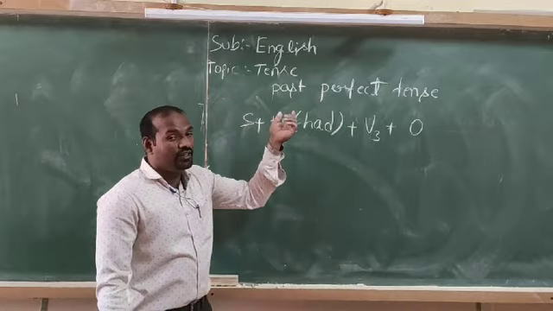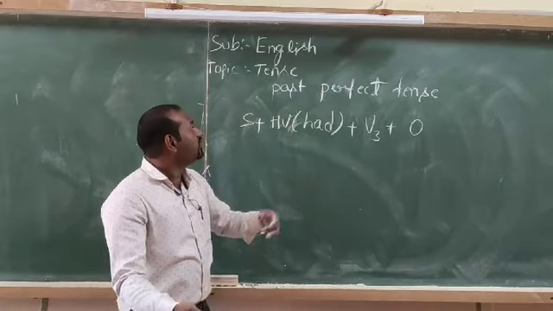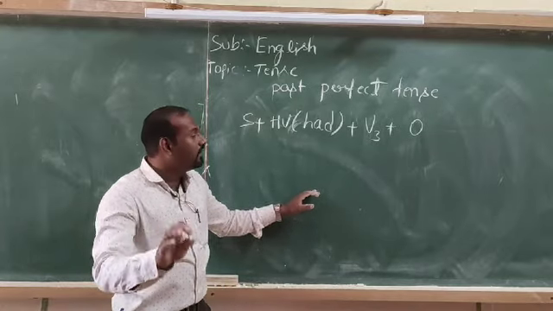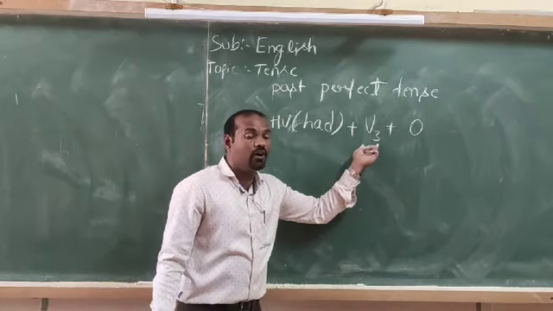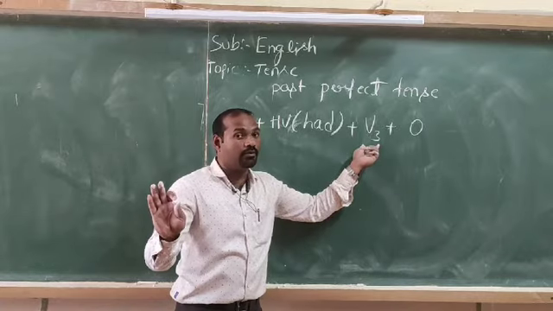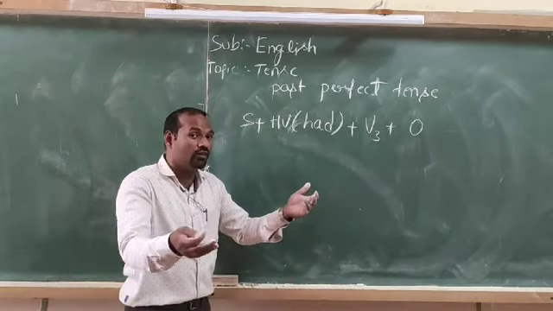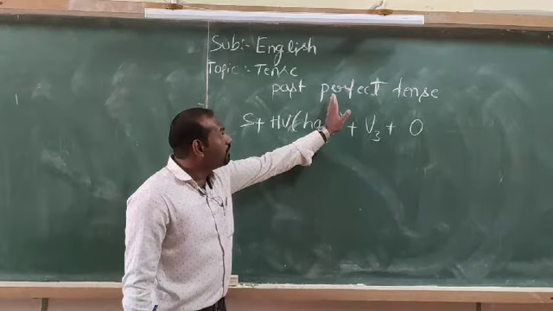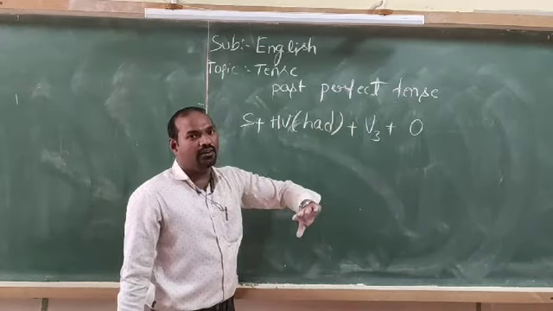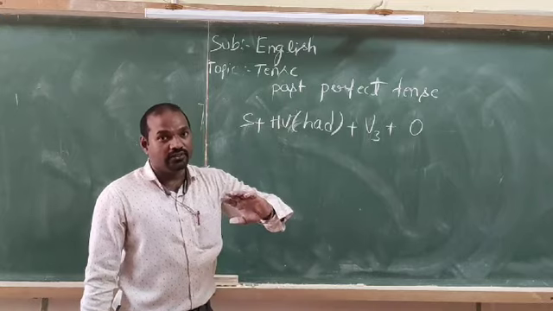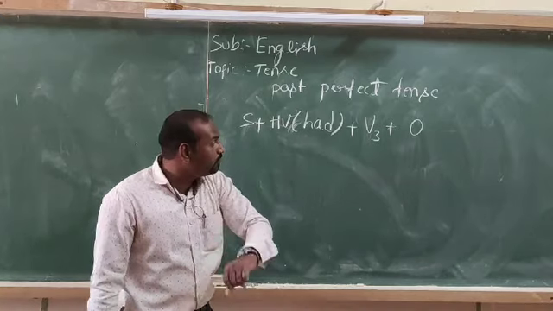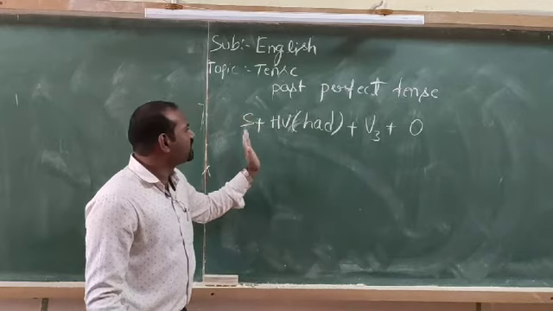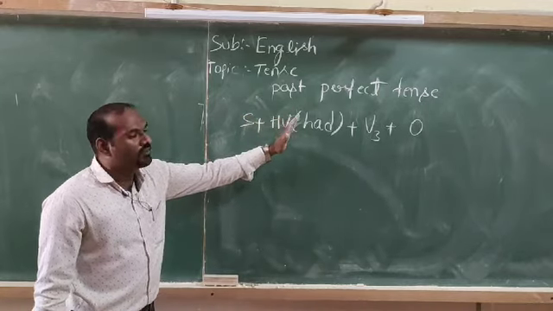Look at here. When you are creating the past perfect tense, you have to put the verb in the third form, V3 form or past participle form. For example, go, went, gone. Gone is the V3 form of go. So in perfect tense, not only in past, not only in present, not only in future, all perfect tense should be in past participle verb. So, this is the structure of the past perfect tense.